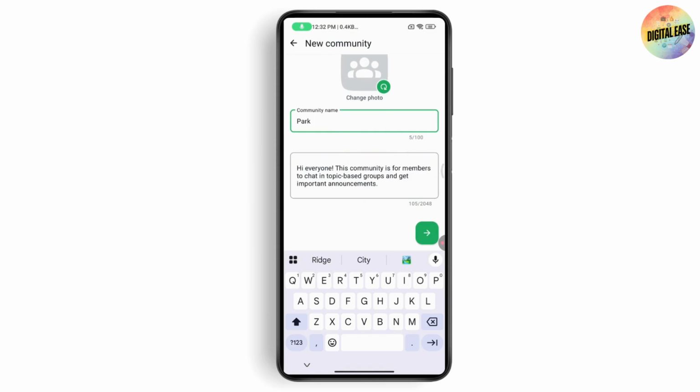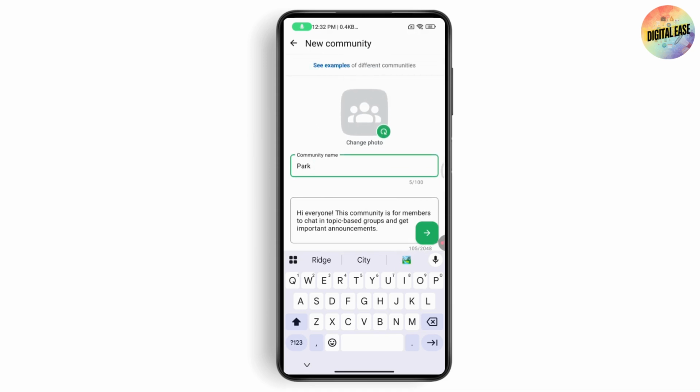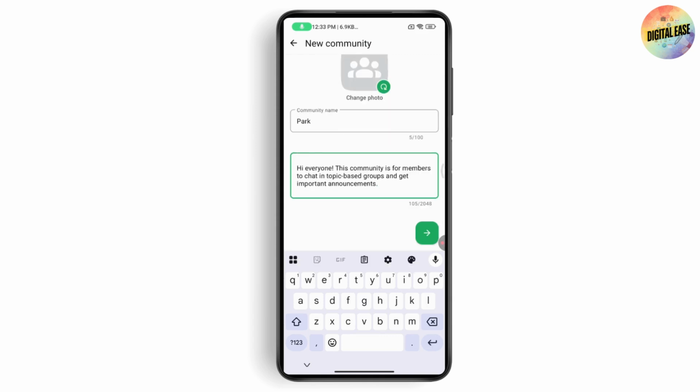and after having an internet connection you need to go with the arrow which is on the bottom right, and then you can also add a photo if you want to. And after adding your photo, you need to just go with the arrow, and once you go with the arrow, your community will be created and you'll be able to add some groups or some persons on your community. In this way, you'll be able to